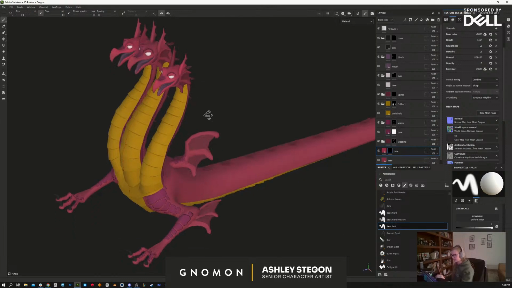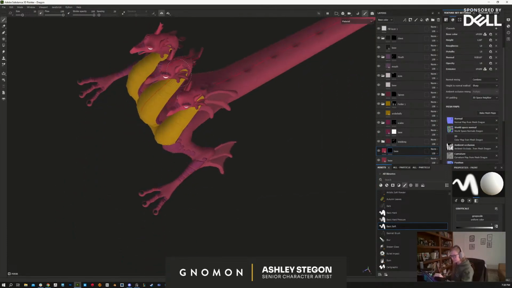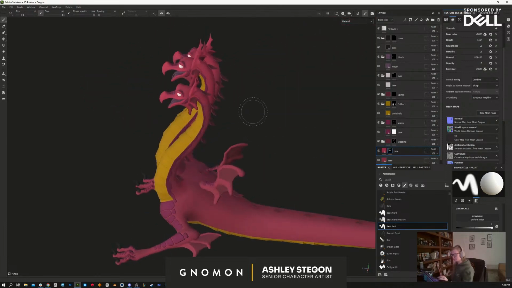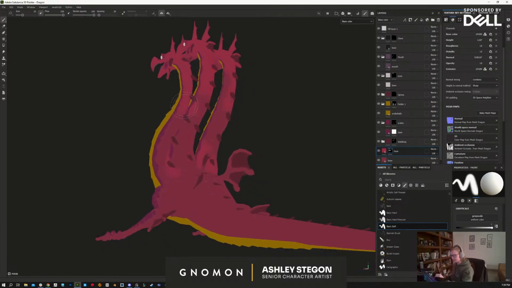I can use now a big soft brush. This is where it's easier to go into base color now, and now you can see kind of